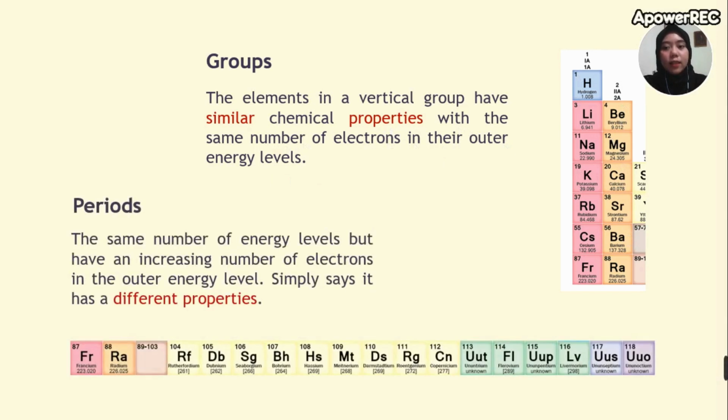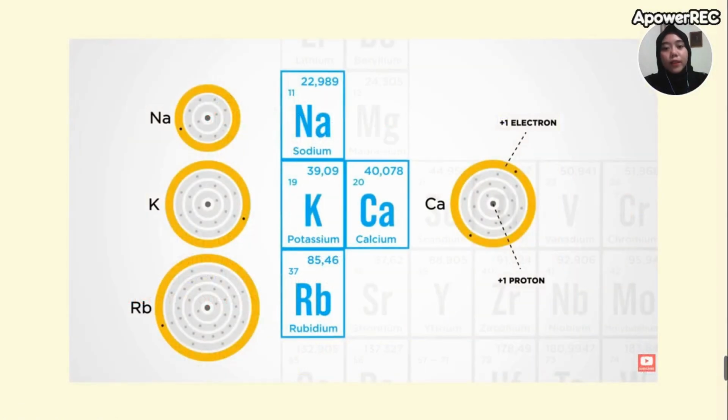And then the second is periods. Periods means the same number of energy levels, but an increasing number of electrons in the outer energy level. Simply said, they have different properties. For example, from here to here, it has the same number of energy levels, but increasing numbers. You can see from 87, 88, until 118. For example, in the first column of the table, we have the elements that have a single electron in